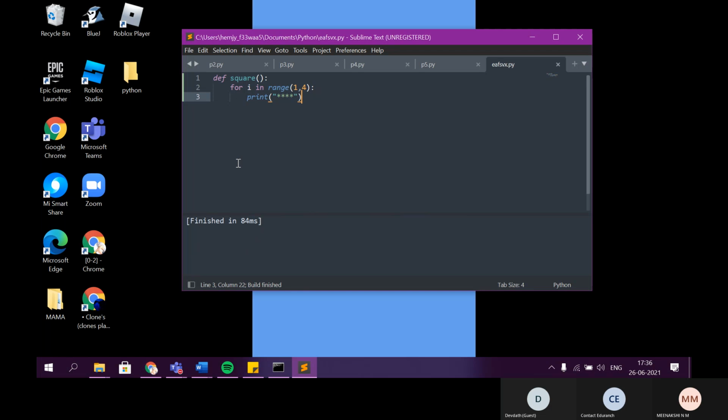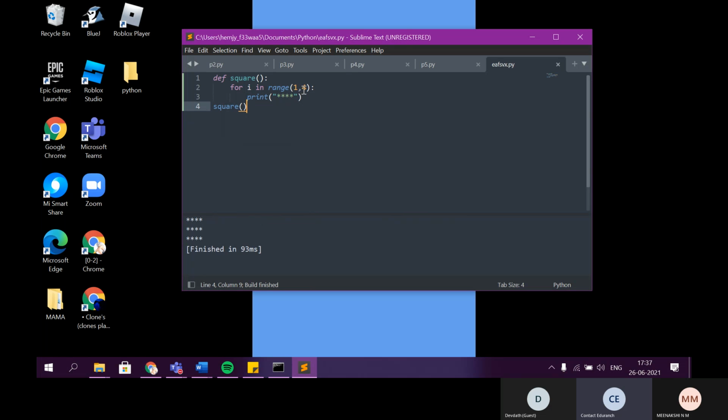Why is it not printing? Because you have not called the function. Now just call it and execute. You don't have to pass anything. It is an empty function. Yeah, run.